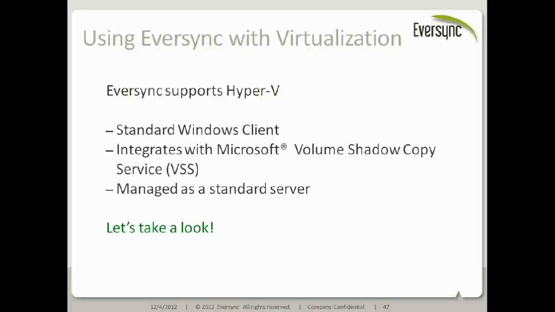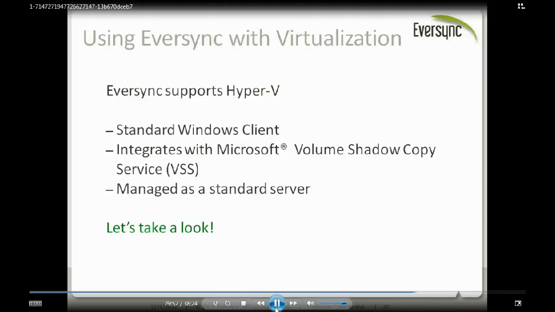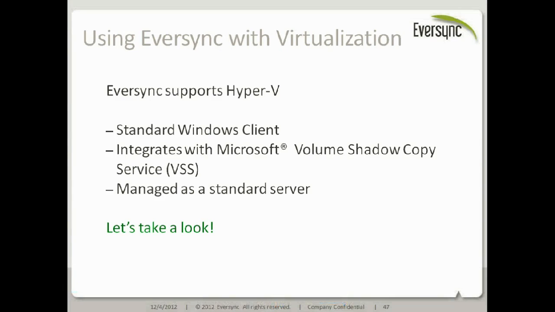That connects to the VSS service running on that host to get a backup of the virtual disks for Hyper-V virtual machines. And when setting up a connection on the host, it's done basically as just a standard server.